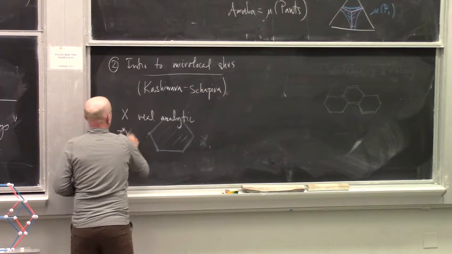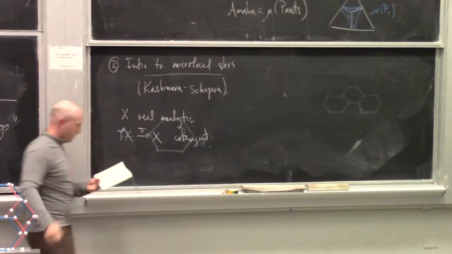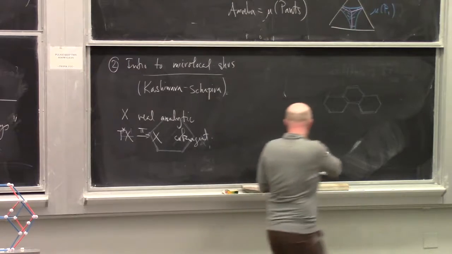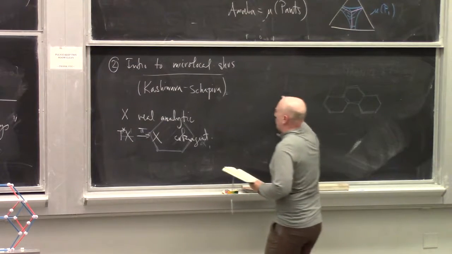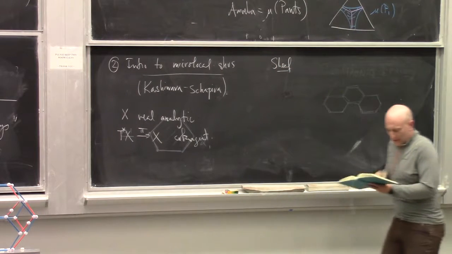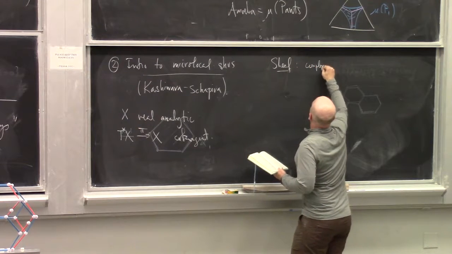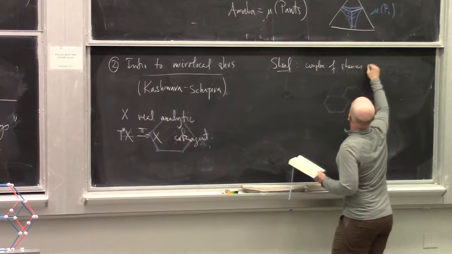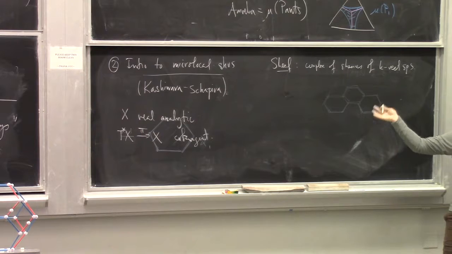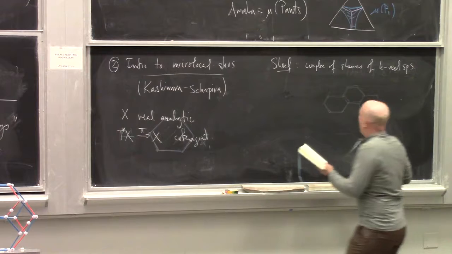T star X is its cotangent bundle, and I'm going to think about this with the usual exact symplectic, so conic exact symplectic structure. And now, by the word sheaf, just for this talk, but I advocate this in general, I'm going to mean a complex of sheaves of K vector spaces. The K is some field. The K is immaterial. Everything I'm going to tell you could be done in crazy generality, depending on your taste for homotopy theory.